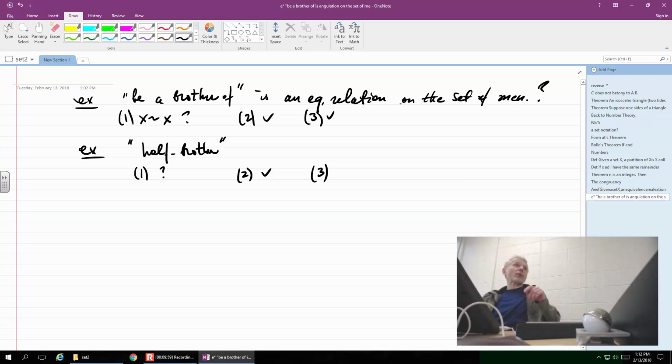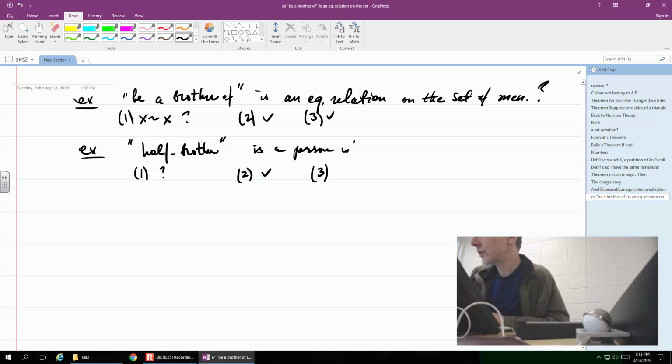So a definition is in order. What makes two persons brothers? They have the same... No, brother is the person who shares both your parents. Half brother, one. Yeah, sometimes. Well, be careful. A half brother is a person who shares one parent. There is some ambiguity in the statement.